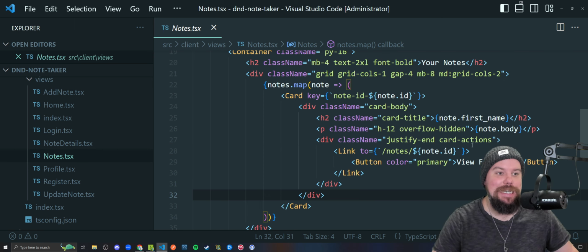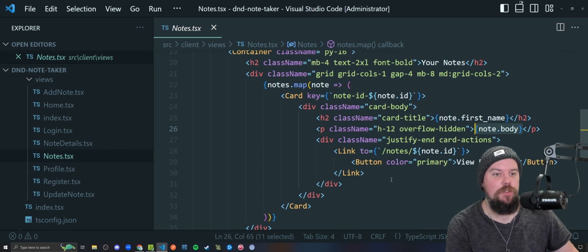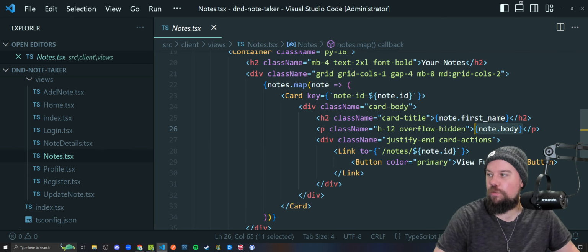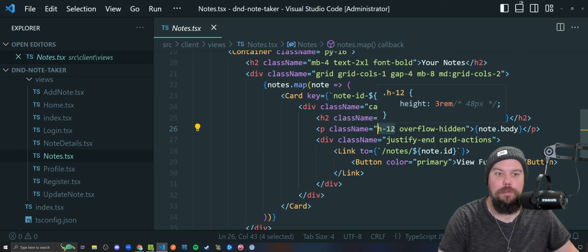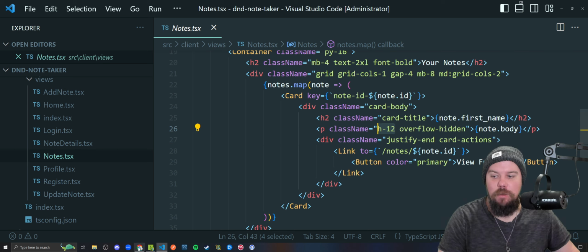Now here's something new I did. Notice I removed the .slice preview way of doing things I did in the previous video series. I've changed it with a new class name called Overflow Hidden. Right? Because Overflow Hidden allows me to say anything that goes outside of the height of 12, which I forget what it is. It's 3 rem or 48 pixels. Any text that would overflow that height, just cut it off. That is how my notes view